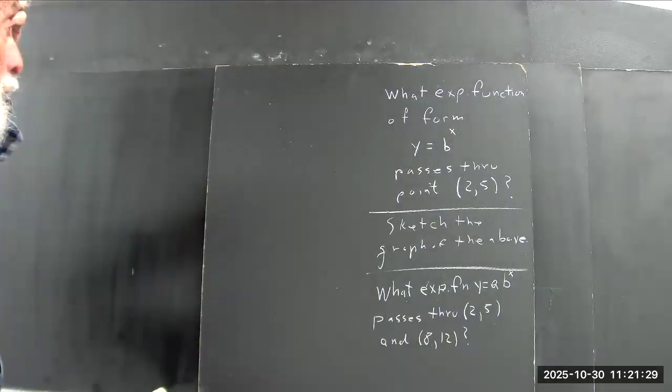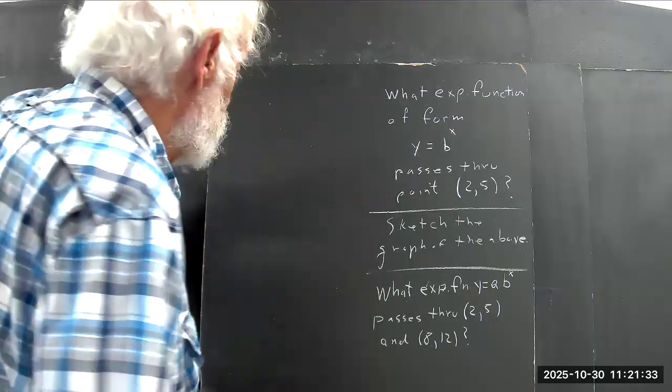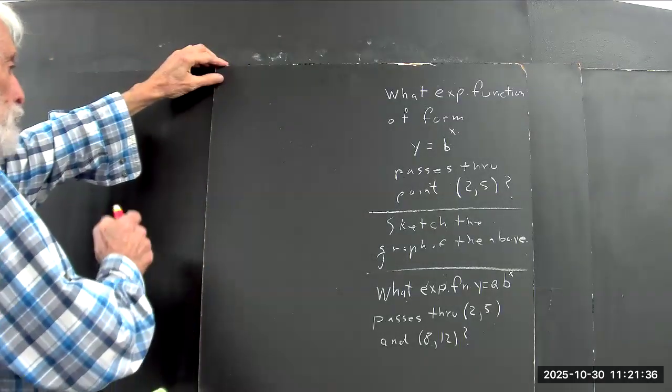Okay, you've got a couple of quiz problems here. What exponential form of the function y equals b to the x passes through this point? Well,